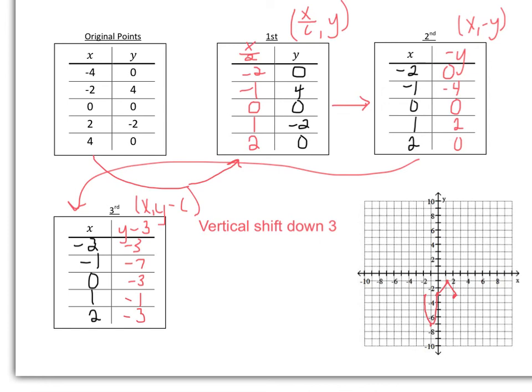And again, you can check this visually and say, okay, from the original graph, we needed it to shrink, so hopefully the picture looks smaller. We needed it to reflect over the x-axis, which means that it would reflect downward, and then the graph would move down 3. And if you follow that from the original, we should get this same answer.